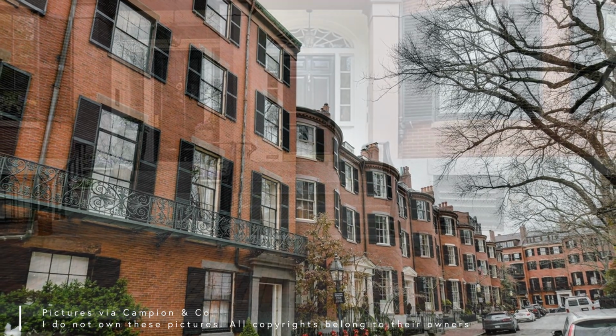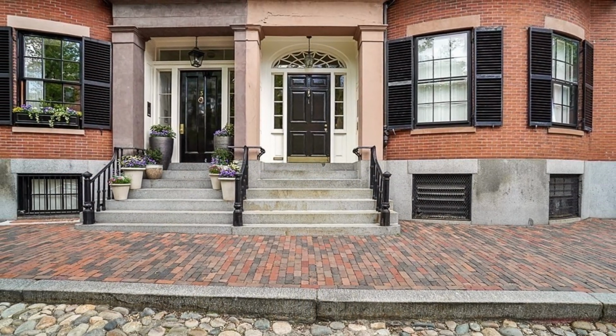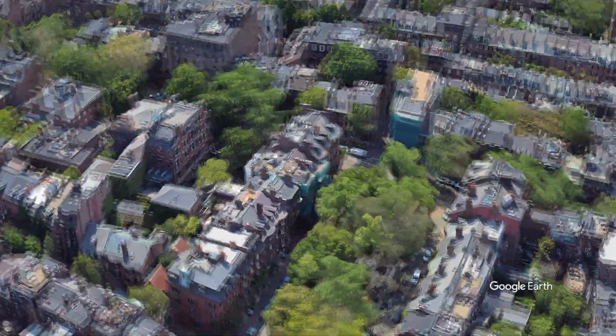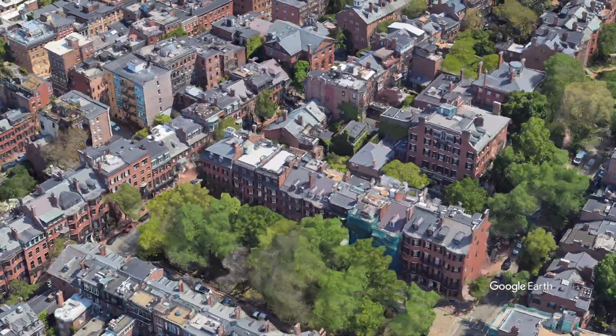Living on Louisburg Square is more than just an address, it's about a lifestyle of refinement and history. Residents are afforded the right to park on the square itself, which is a rare treat to have direct access